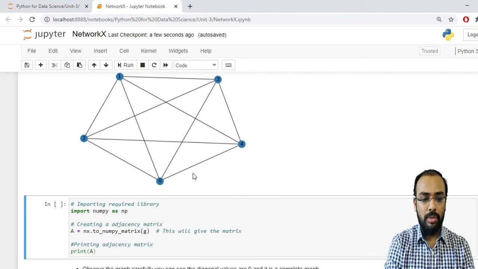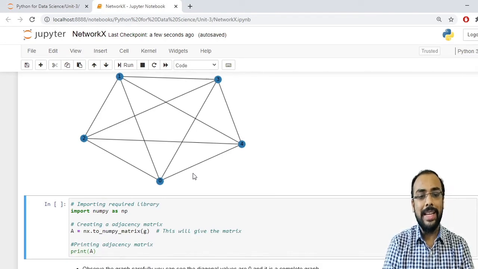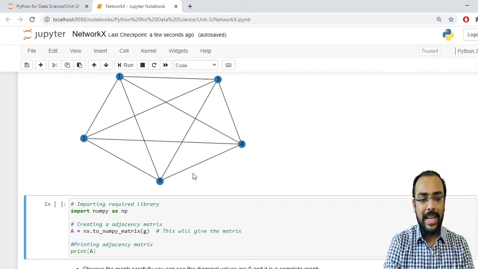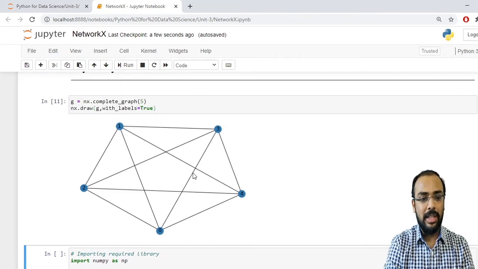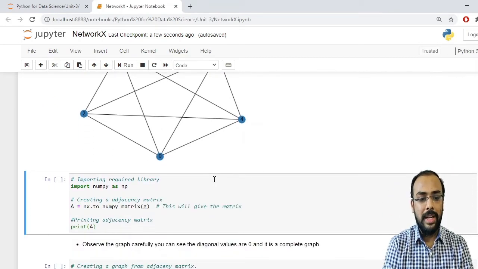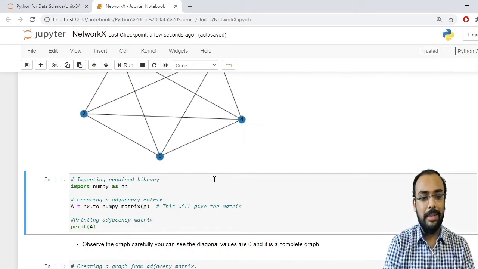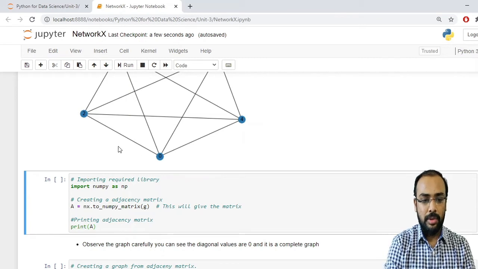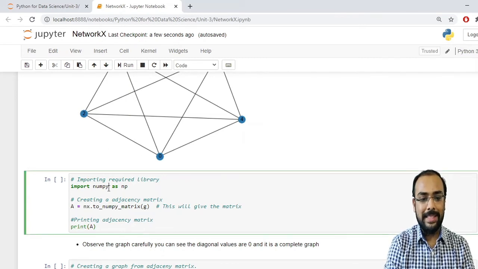Now what I want to do is create an adjacency matrix. How can I create an adjacency matrix? I can create the adjacency matrix with the help of graph objects. How can we do that? Let us check. The first thing you mandatorily have to do is import a library which is named as NumPy. So import numpy as np.